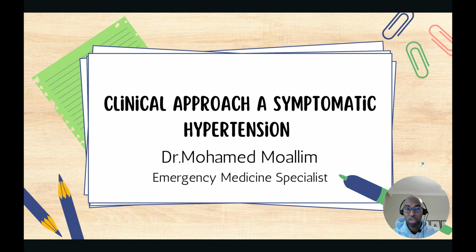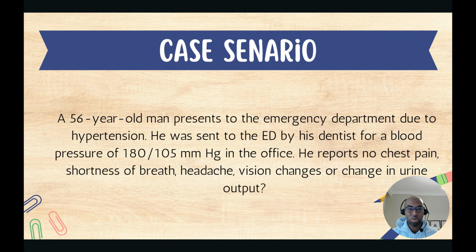So I'm not talking here about the patient who has high blood pressure and stroke, or high blood pressure and MI. I'm talking here about the patient who came to the ED with high blood pressure, but he doesn't have any symptoms. How to deal with this type of patient, how to investigate, and how to address their high blood pressure. So before we start to discuss the details, I need to start with the case